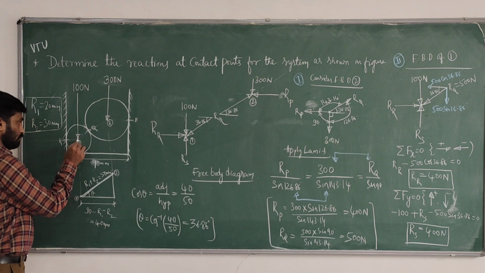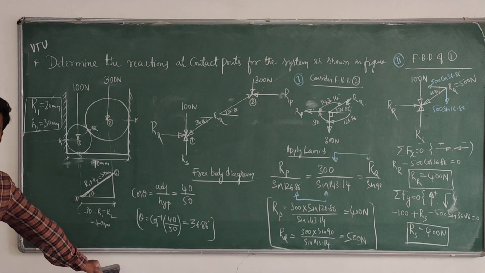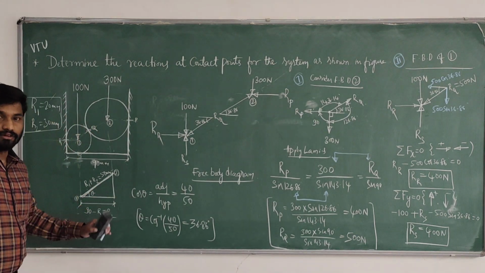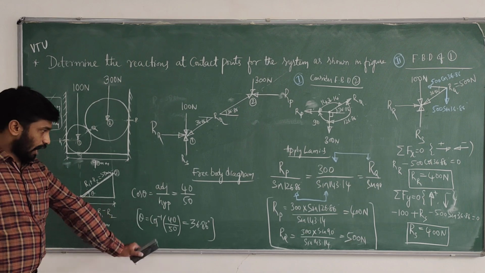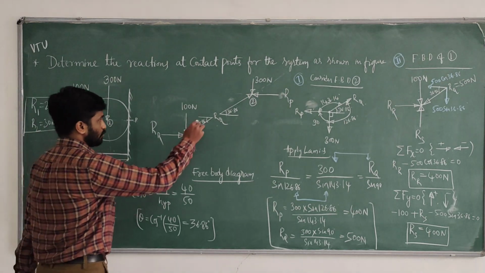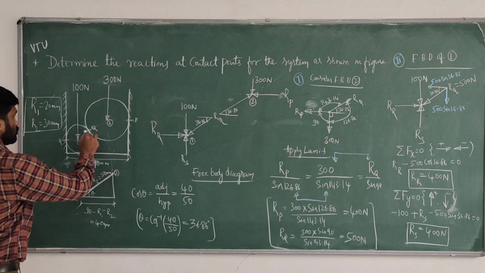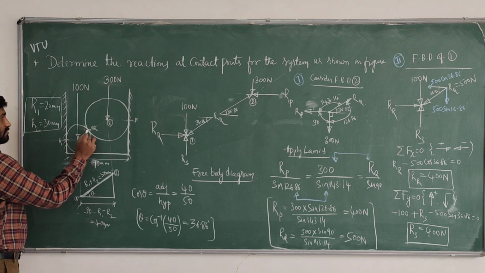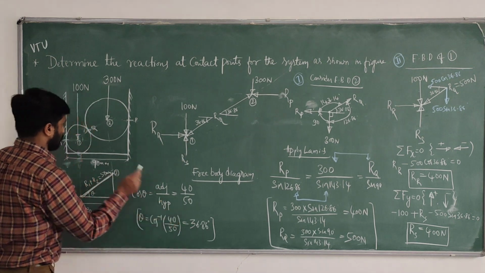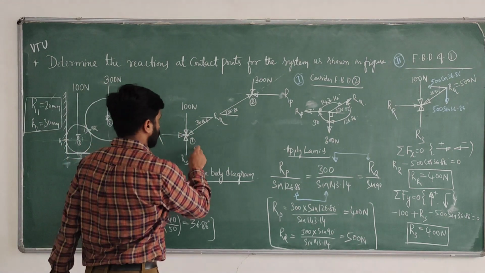Therefore 90 minus 50, if you remove this portion, you get the adjacent side, which is 40. Finally, cos theta for this triangle, adjacent by hypotenuse, gives the theta value. Whatever theta value we get, we have to impose here because this is the free body diagram. For the action, there is a reaction towards the contact surface. So this angle is 30, then this will become 30 degrees. Whatever 36.86 is imposed here. We have written the free body diagram for 1 and 2.